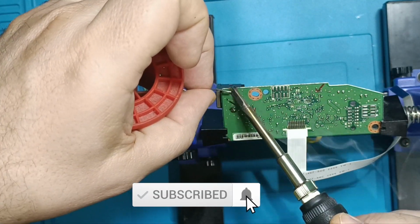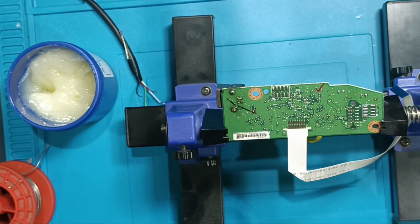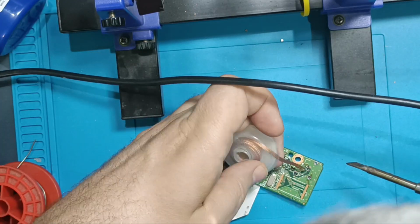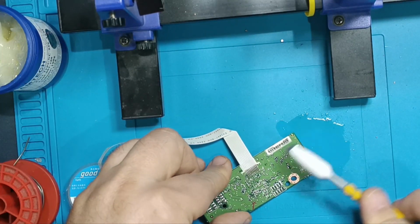First, I refresh the solder joints with low melting point solder. This should make it easier to remove the USB port without causing damage to the board or solder joints. After successfully removing the old USB port, I clean everything thoroughly before moving on to placing and soldering the new